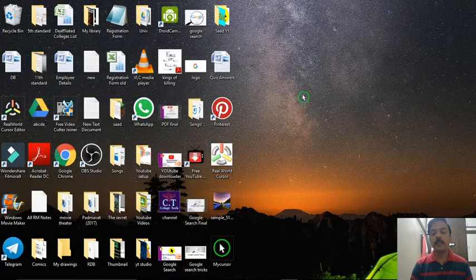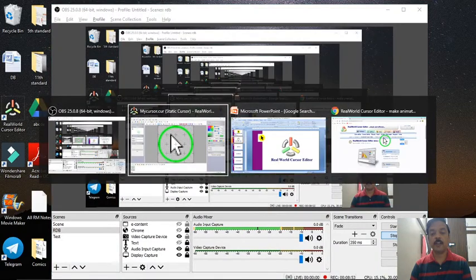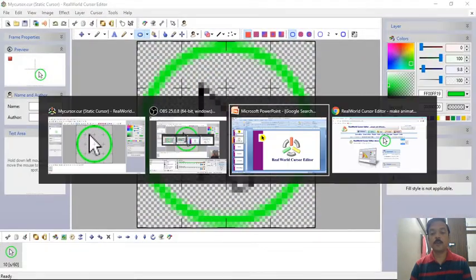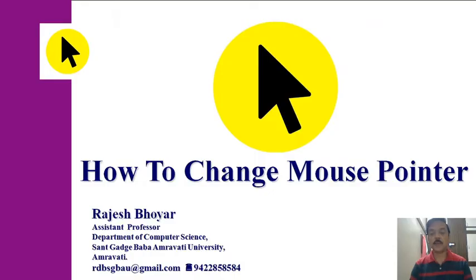The moment I do this, you can watch, this is now my cursor, and anywhere you need it, you can use this cursor. So this way it is possible for you to change the mouse pointer.